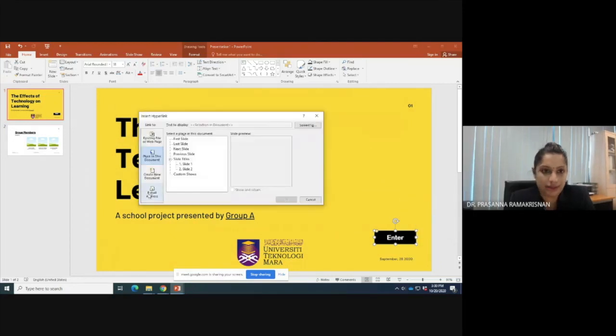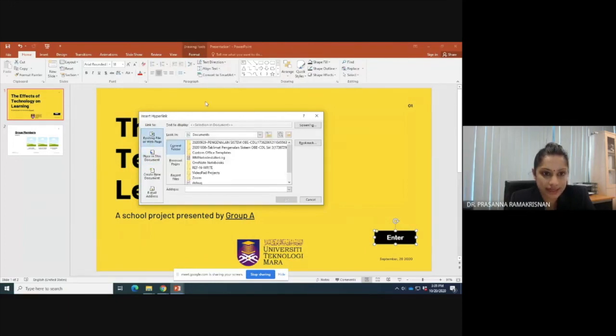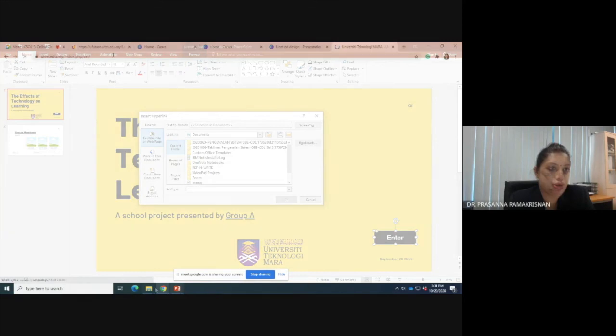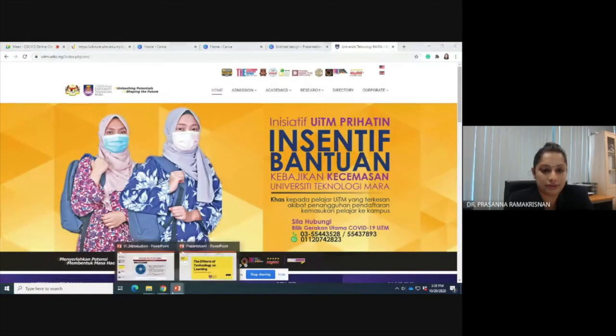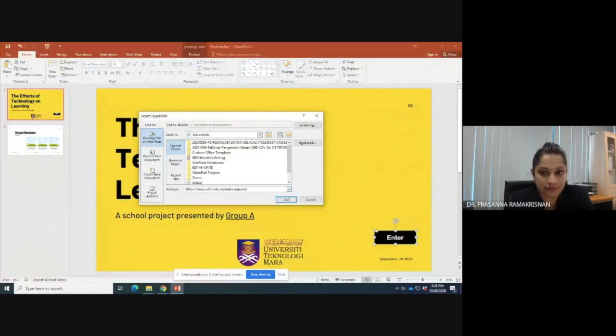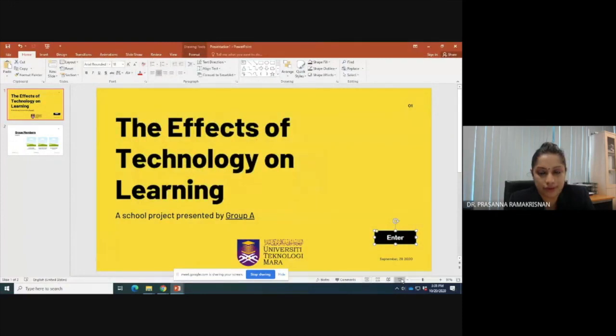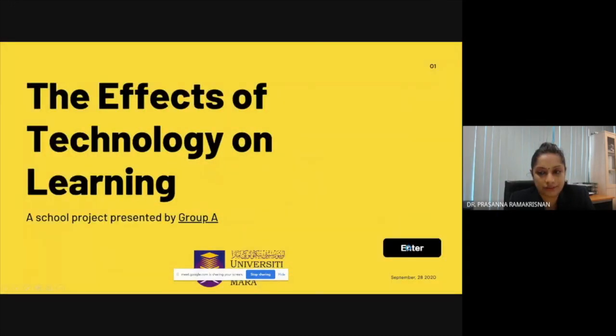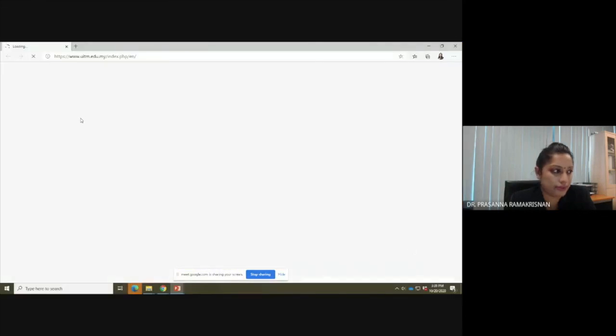hyperlink, inside the document, or you can also go to outside anywhere you want. If you have an address that you want to link to, you can also do that. Make sure you type the address here, copy the exact link, bring it here, put it inside. Okay, so when you present, when you enter, it goes to the website. So it will load.